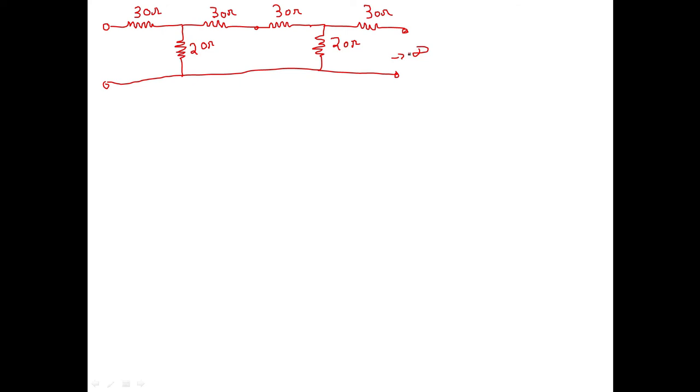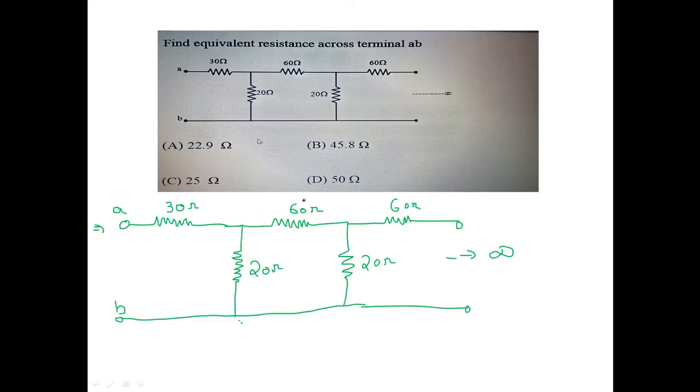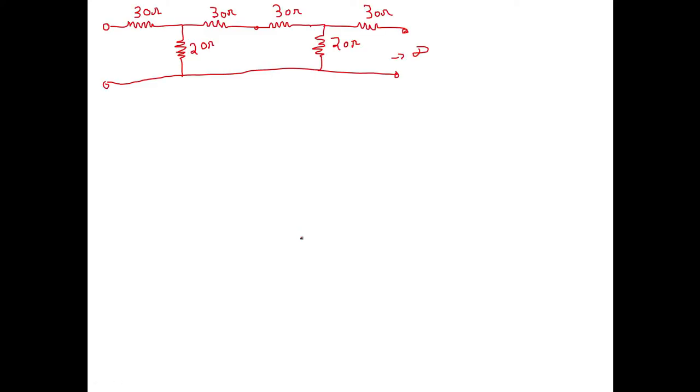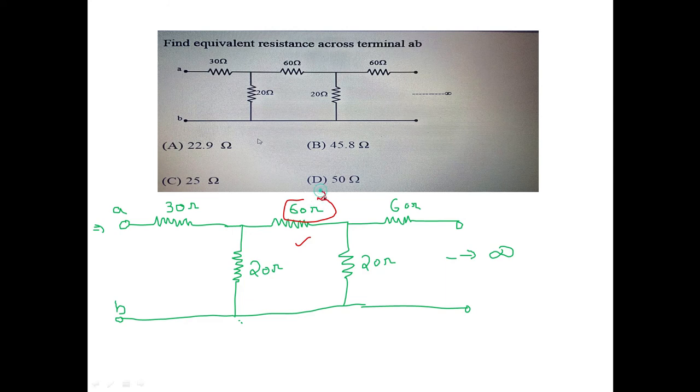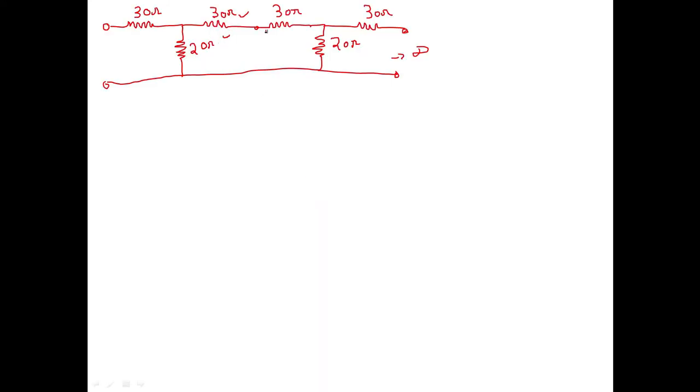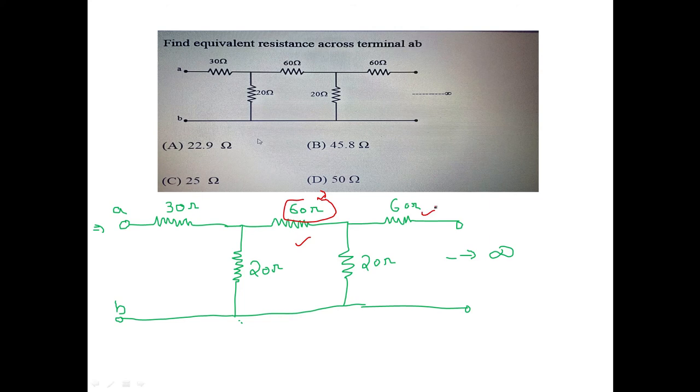So what we have done, let's see here: in the next slide, this 60 ohm is distributed into two parts, that is 30 and 30 ohm. This one 30 ohm and this one 30 ohm. We have formed the circuit as a cascaded connection of T networks. We have distributed this 60 ohm into two parts, that is 30 and 30 ohm. So in form of T network, 30 and 30 ohm, 30 and 30 ohm, and then the same concept, this 60 ohm is being there.